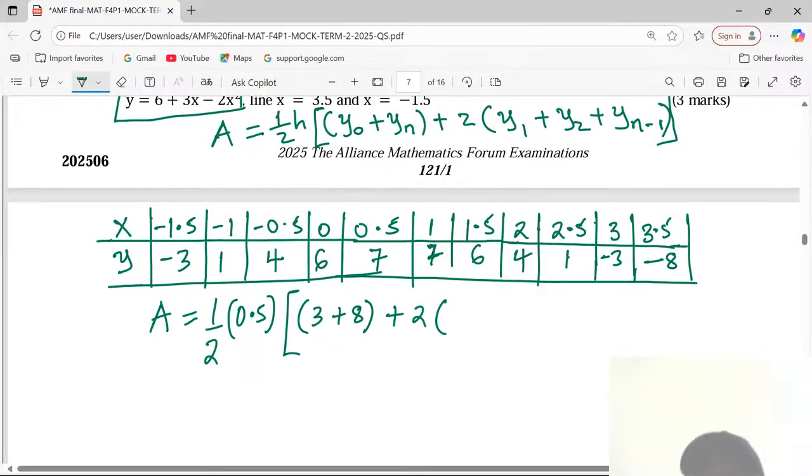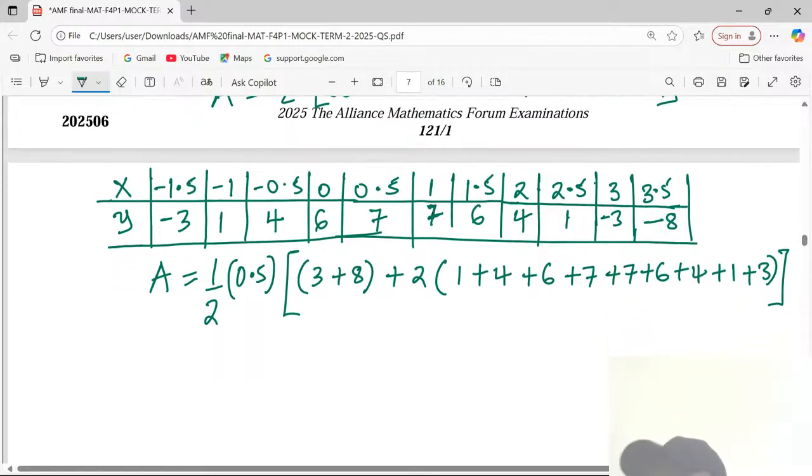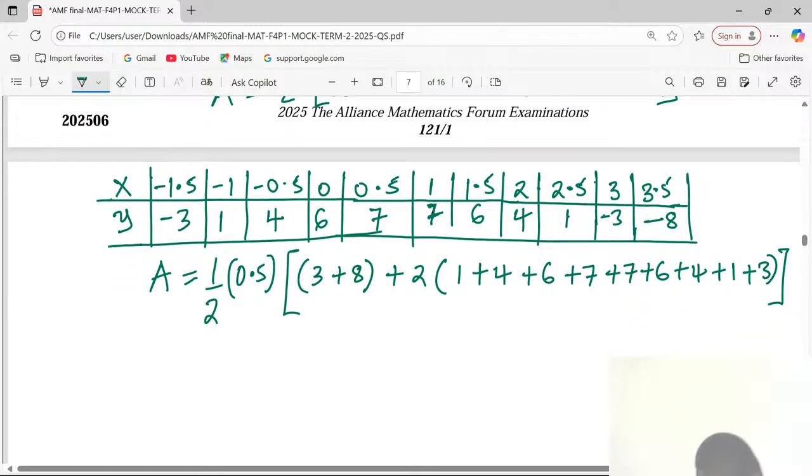Now the other heights in between those two, the heights in between the first and the last: 1, 4, 6, 7, 7, 6 again, 4, 1, and positive 3. We take positive 3. We ignore the sign completely. So this becomes